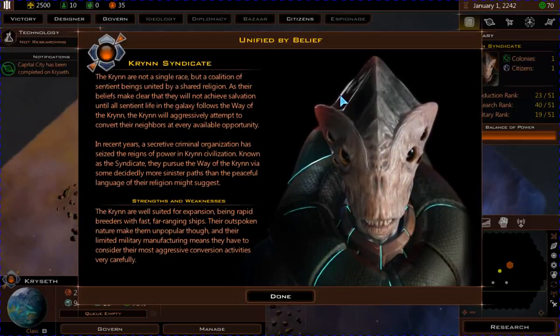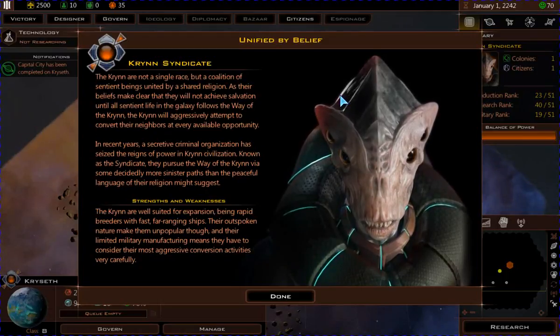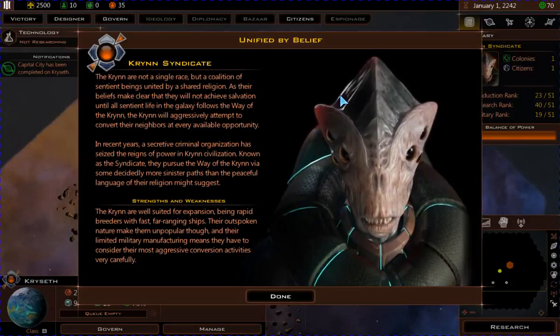In recent years, a secretive criminal organization has seized the reins of power in Krynn civilization, known as the Syndicate. They pursue the way of the Krynn via some decidedly more sinister paths than the peaceful language of their religion